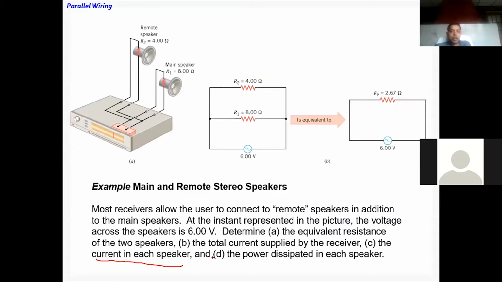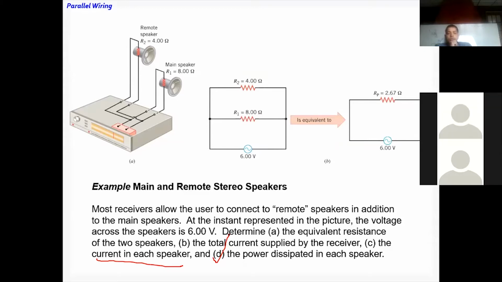Now let's do part D here. What is the power dissipated in each speaker? Can you help me here? What is the power dissipated in each speaker? P1 equals V I1. Yeah, you can do that. Yep. So P1 equals V1